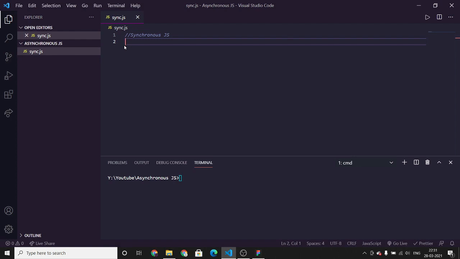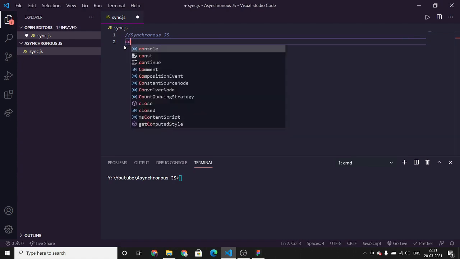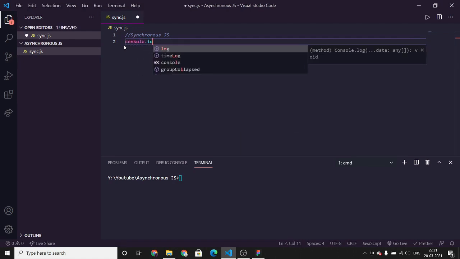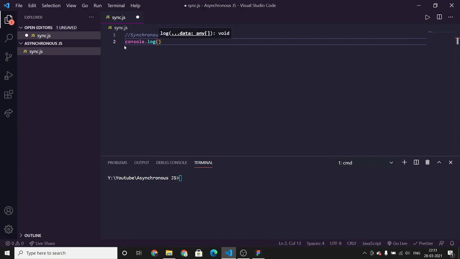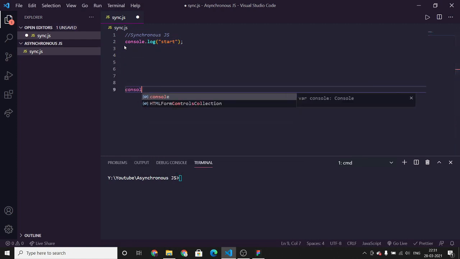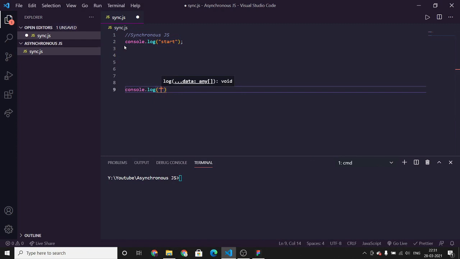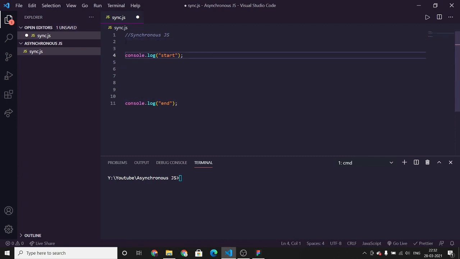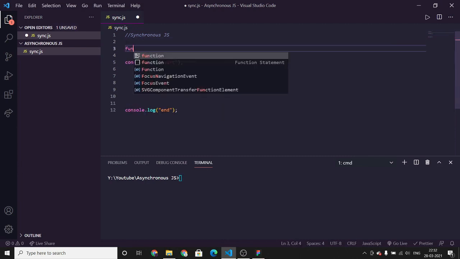Now first we'll print start and end just to denote the starting and ending of the program. Above start we will define a function. Let's say function ABC.